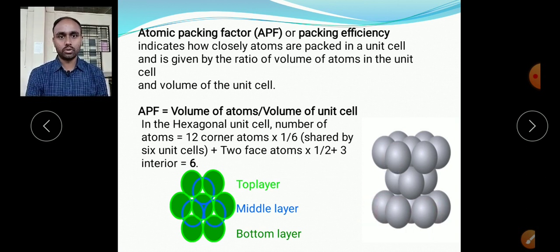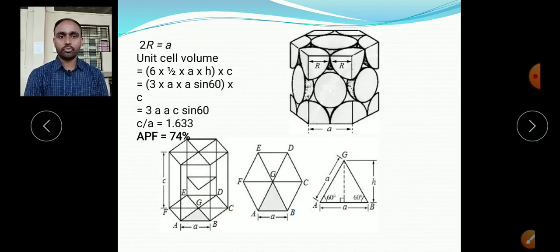So this is what we can say stacking A, B, but A contains 7 atoms, not completely, but involves 7 atoms, 1 face center atom and 6 corner atoms, but B contains only 3 atoms, which are completely present in the unit cell, right. So what we got up to this? We got 6 atoms present in the hexagonal close packed structure unit cell. Okay, that's the half part we have done.